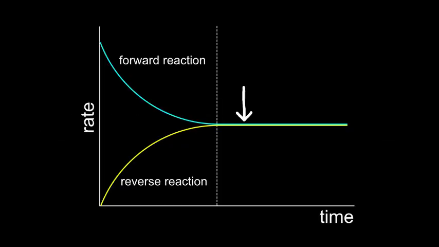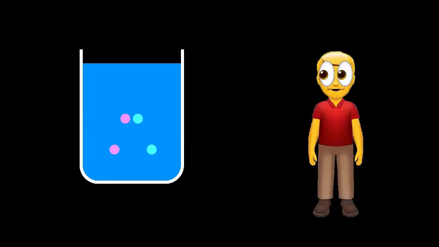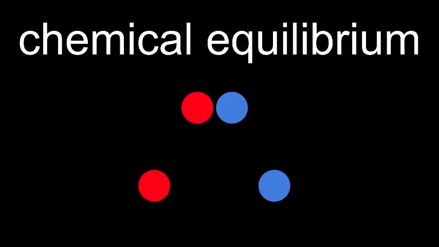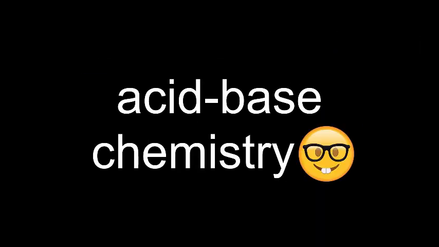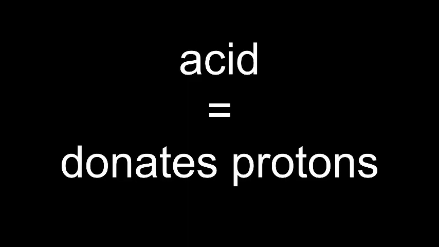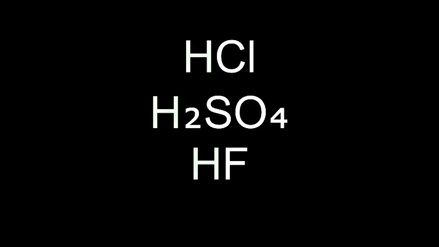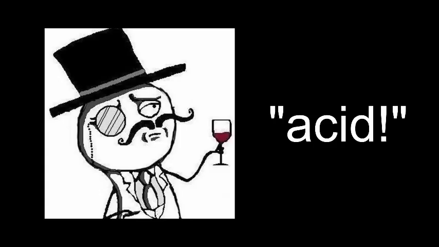Chemical equilibriums exist when reversible reactions take place at the same speed in both directions, which means that even if reactions are taking place, the concentrations of both sides stay the same, and to someone watching from the outside, nothing seems to be happening. We often find chemical equilibriums in phase changes, but also acid-base chemistry. According to Brønsted-Lowry, an acid is a molecule that donates protons, while bases accept protons. A proton in this case is just a hydrogen ion. So, with this definition, a molecule with at least one hydrogen that it can throw away can be an acid, and anything that can pick it up can be a base.